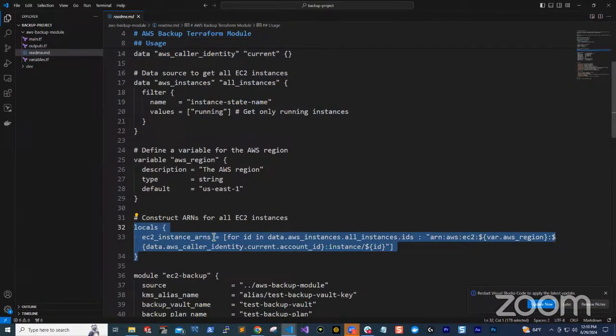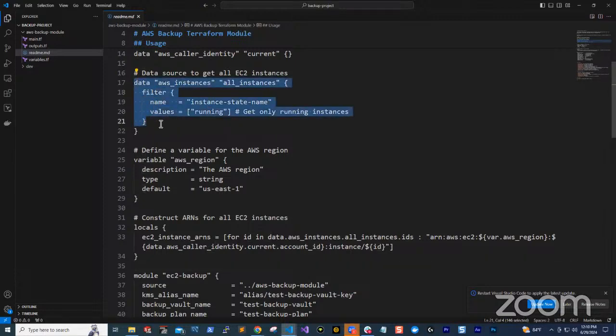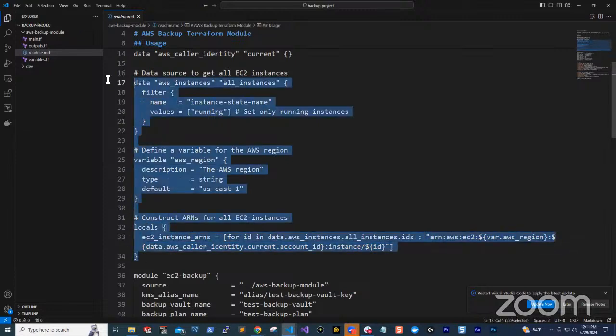We are using the local variable here to create the ARN of those EC2 instances. You'll see it in the code here. It is just saying for IDs in data.aws_instance, so pretty much for IDs in all the instances we get here, the ARN is this. So we are forming the ARN because that is what we will use in our backup selection. This part is optional if you want to get all the resources in your account as opposed to getting one